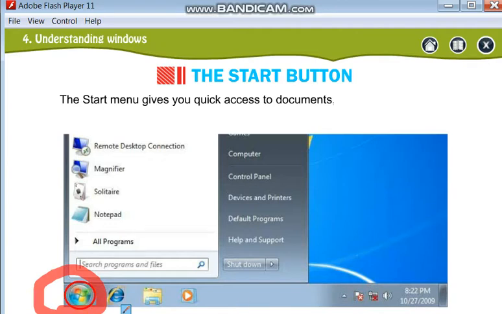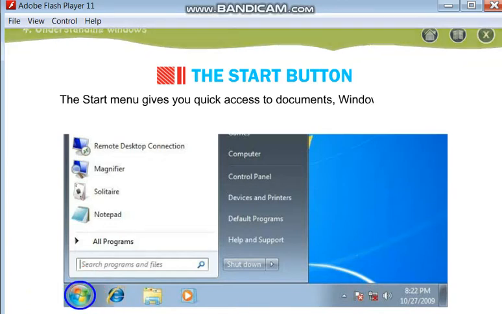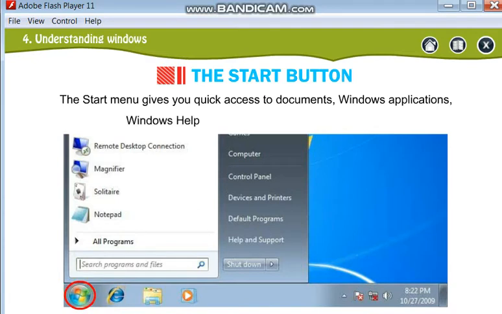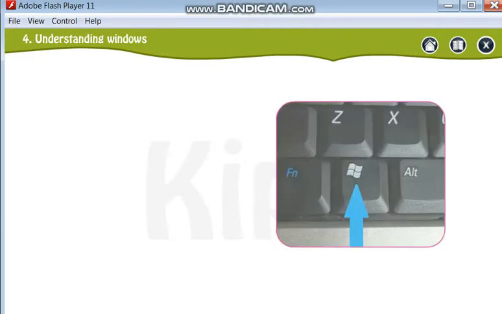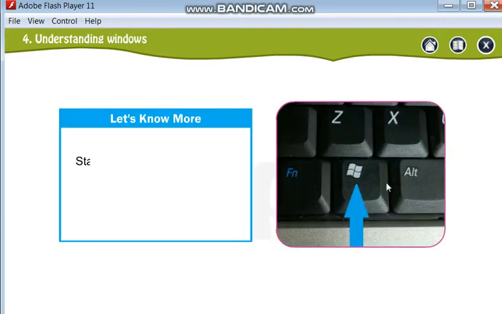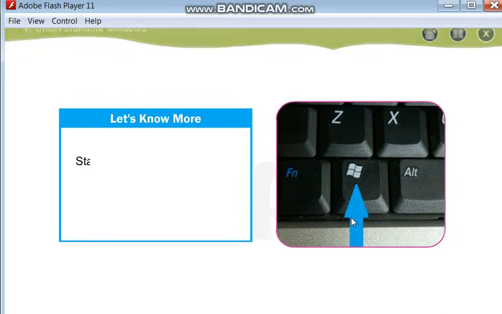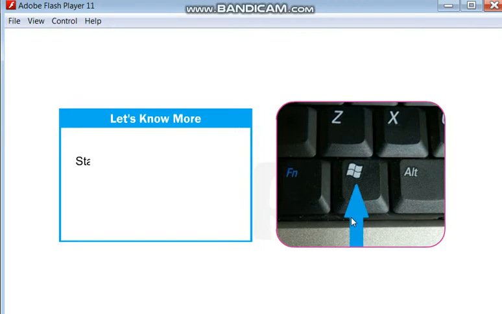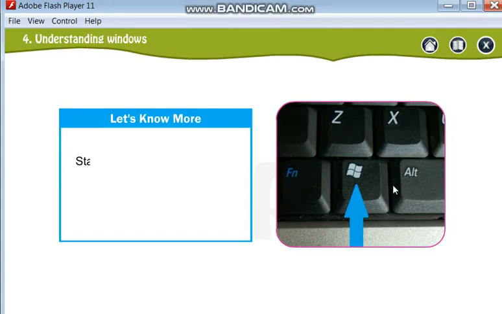Now let me give you one tip. When you want to open the start button from the keyboard, there is an option. On the keyboard you have seen one Windows icon. Generally this Windows icon is found next to the Alt key on the keyboard. Click here, and you can open your start button.